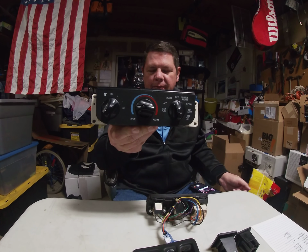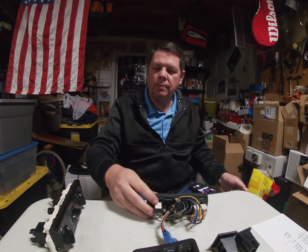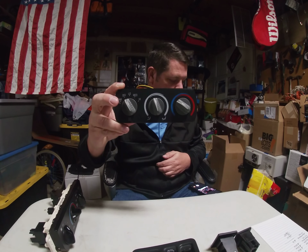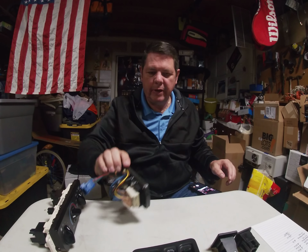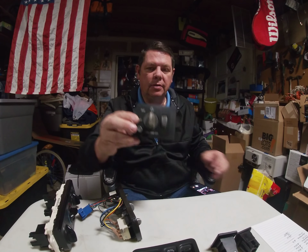So with that, I bought, obviously you saw this. This comes out of an Expedition. It'll go into an F-150, even the Excursion. This goes in the overhead center console of a Chevy Suburban. Out of that same Suburban, I bought this dimmer switch,